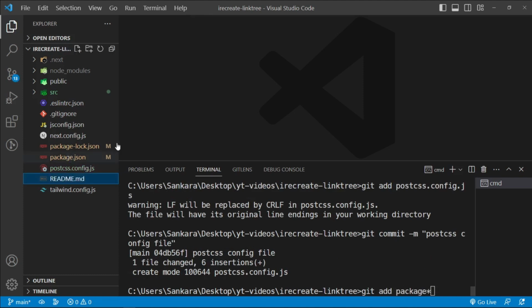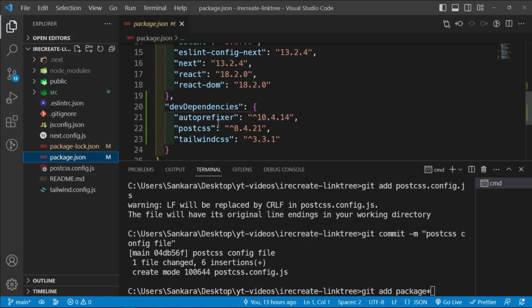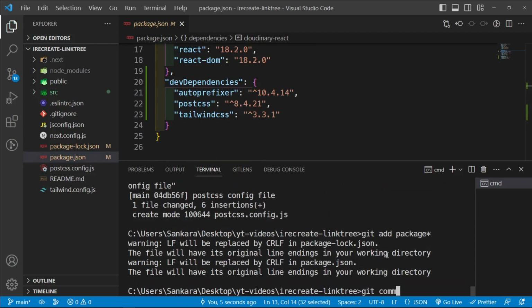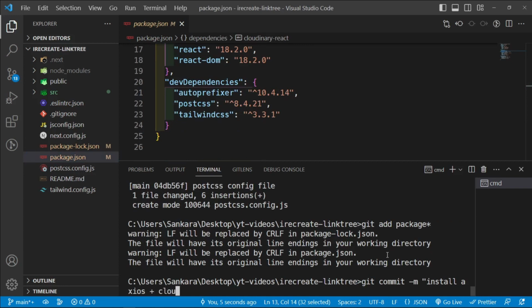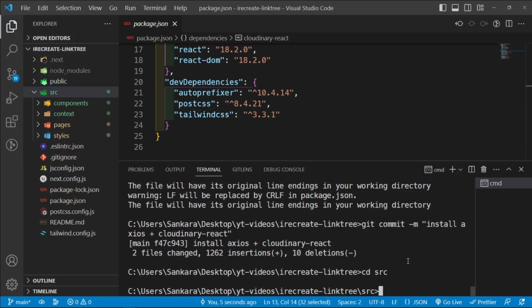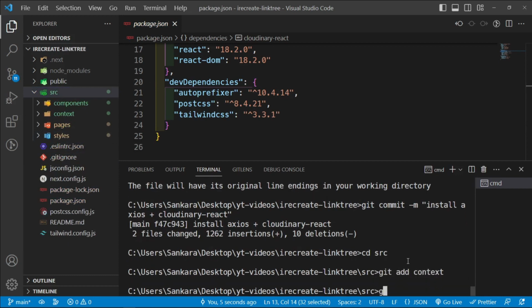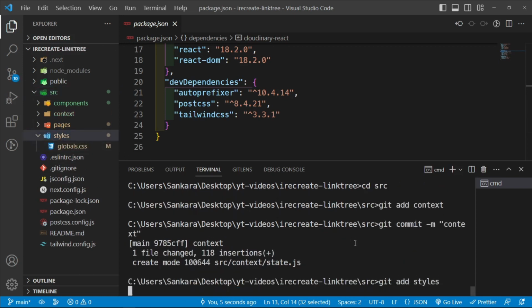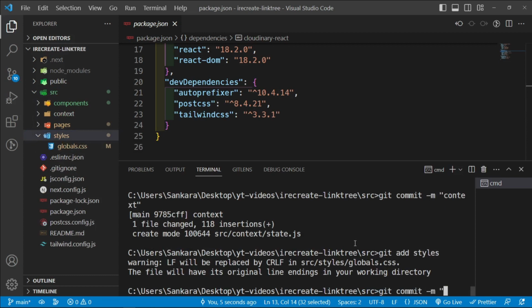and then git add package.json and package-lock.json, both of them. What did we install? We installed Cloudinary React, and we also installed Axios. So I'm going to say git commit -m "install Axios plus Cloudinary-react", and then inside the source folder, so cd inside the source folder, and then git add context, git commit "context", and then git add styles, git commit "global styles",